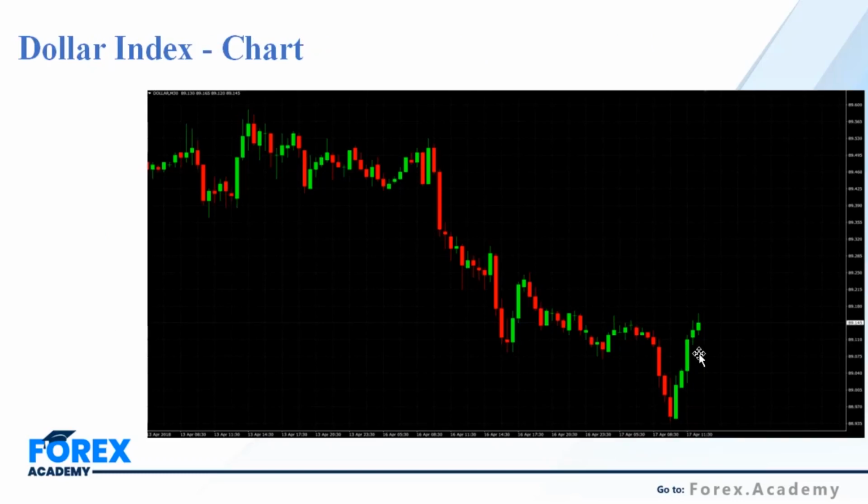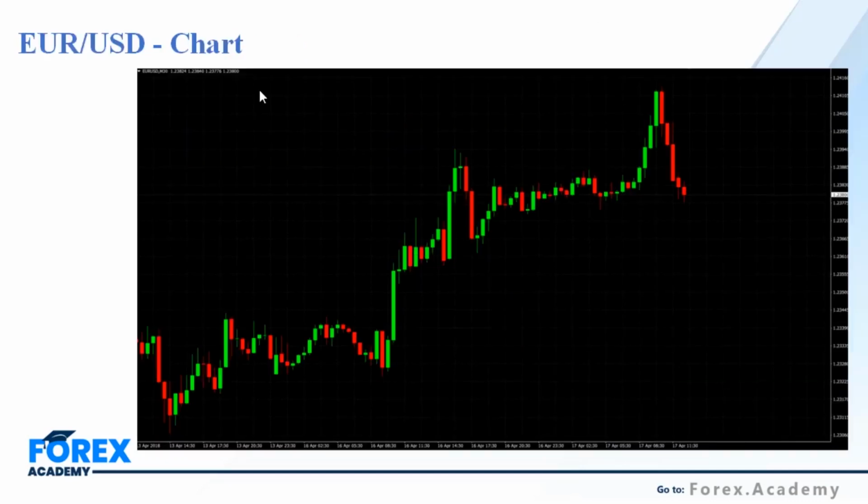So for example, the dollar is getting stronger for now. Here you can see the recent trend of the dollar. So what's going on with the other currency pairs? For example, euro is falling down because it's the exchange rate of euro USD. It means that the dollar is getting stronger, so I have to pay fewer dollars in order to buy 1 euro.